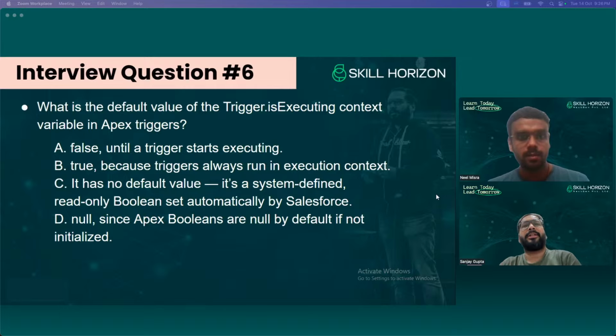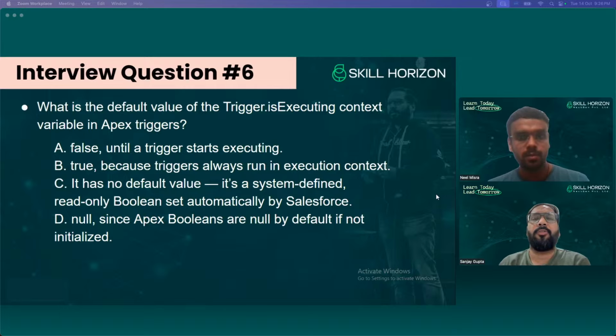Yeah, so you can say initially it won't be having any value, but if you are having a trigger in place and you are calling a method through trigger, in that method we can check whether that method is being called through trigger or not with the help of this Trigger.isExecuting.